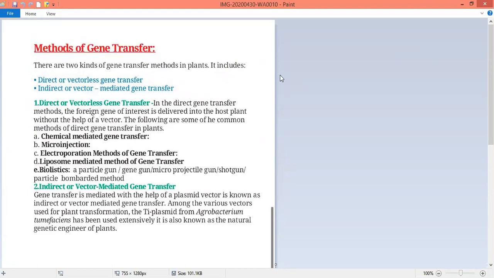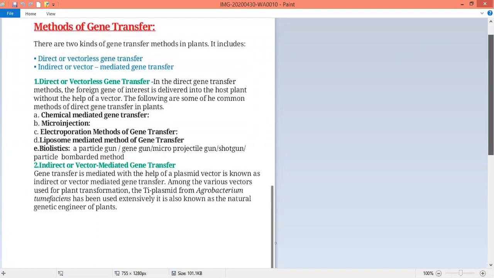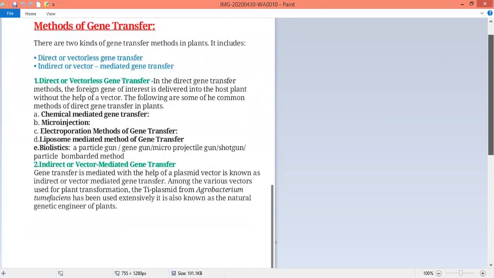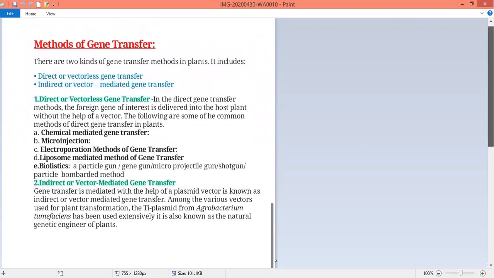Dear students, let us take another topic, that is methods of gene transfer. One of the most essential methods, gene transmission methods in rDNA technology, because without these gene transmission methods, we cannot achieve transgenic plants as well as transgenic animals, and we cannot create mutations, and we cannot create hybridization methods in host cell. So gene transmission methods are highly essential.